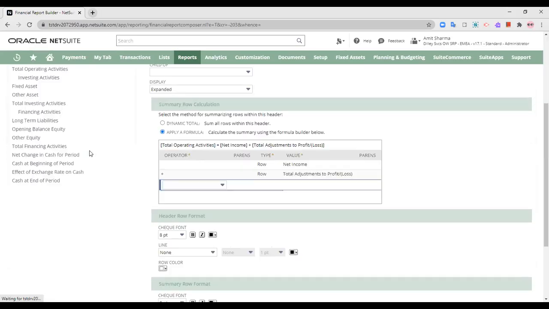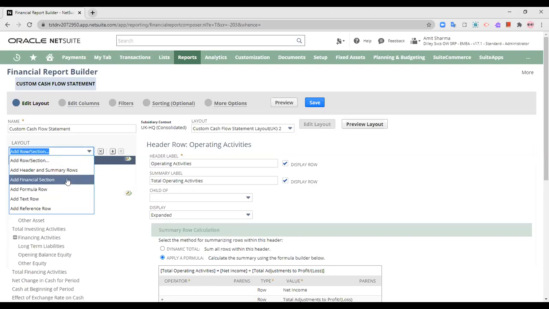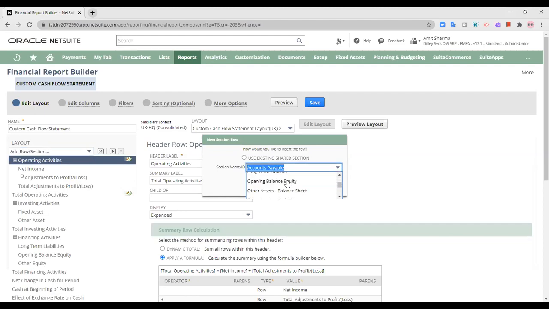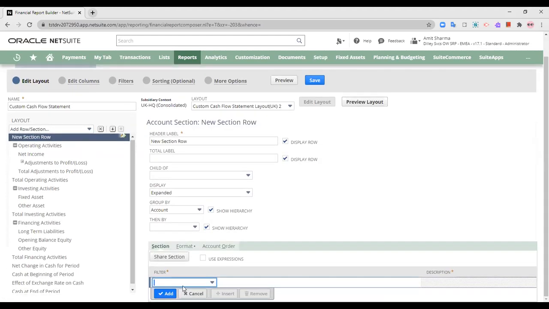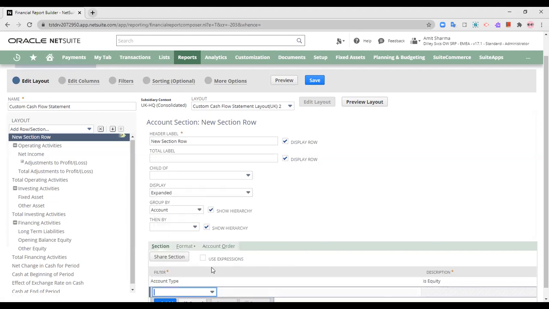I can add a row, add a section, add a financial section, some header or summary rows. Let's say I would like to add a financial section of opening balance of the equity, and I have selected it. I have to select the section I would like it to be based on, and the account type is equity.